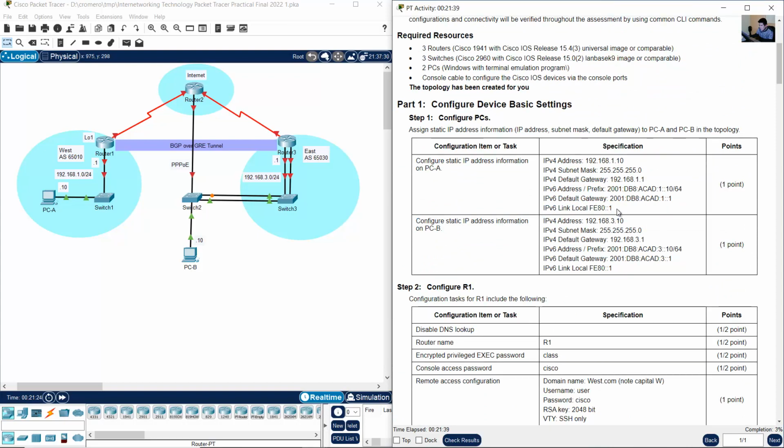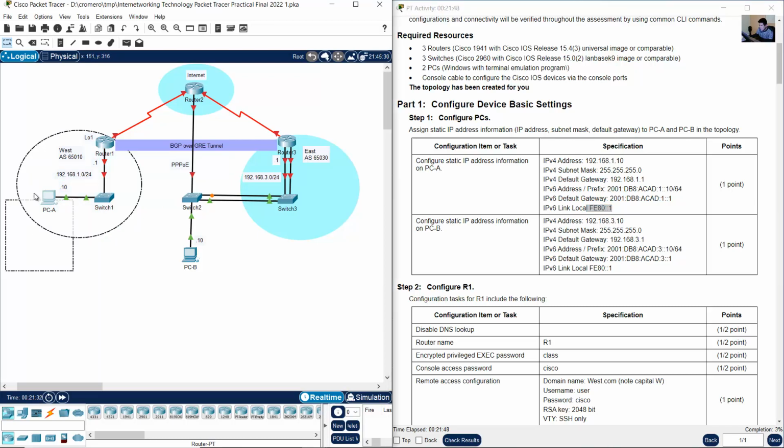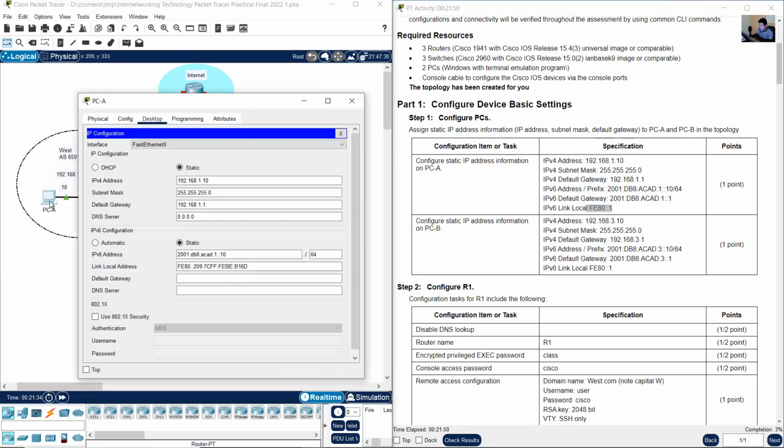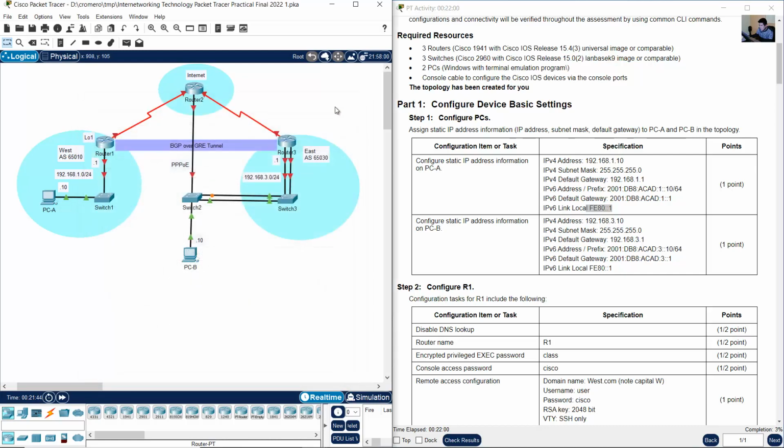That's why I prefer to use this as the default gateway on PCA. Okay, and for PCB,